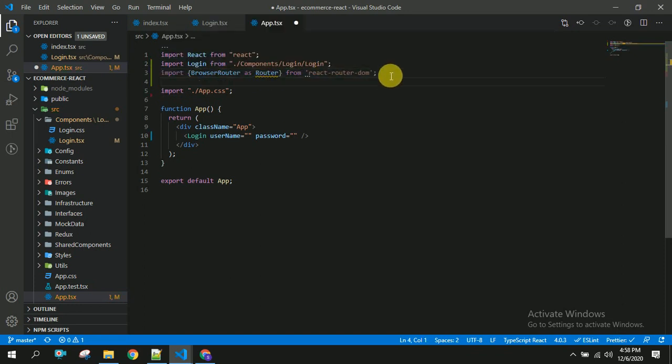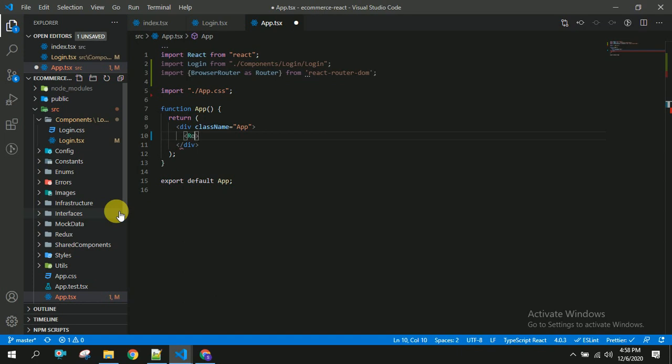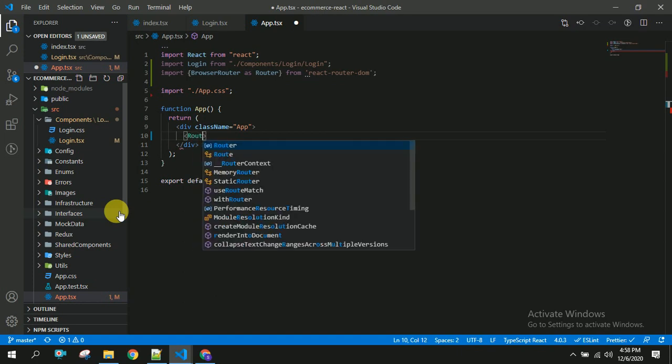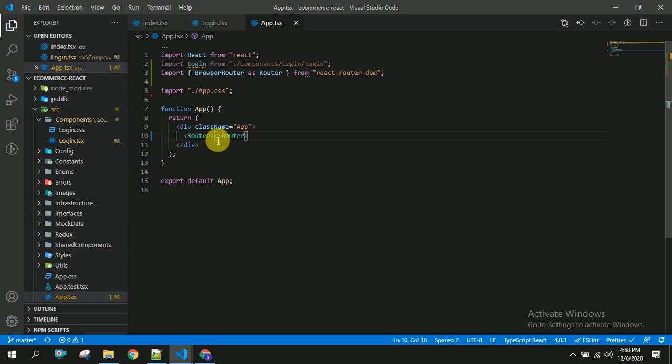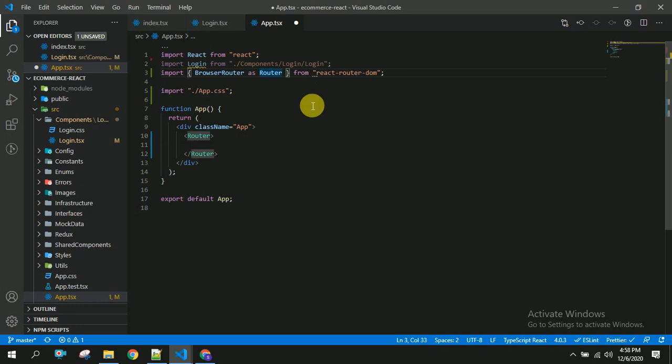Now we are going to use this router and replace this login. Initially we are showing login as it is. Now we will be adding some routing to this application by adding router. After this, you have to use route from React router DOM.